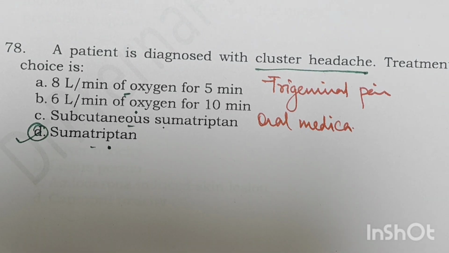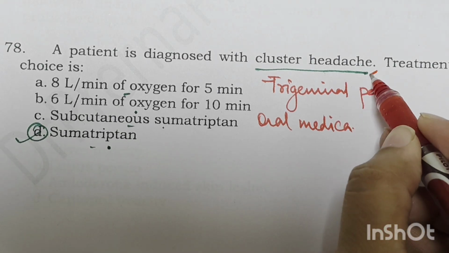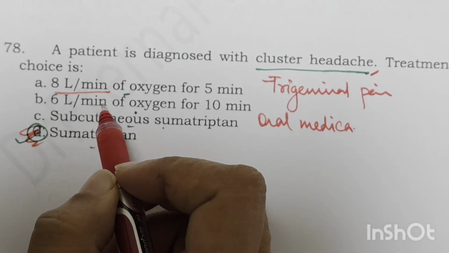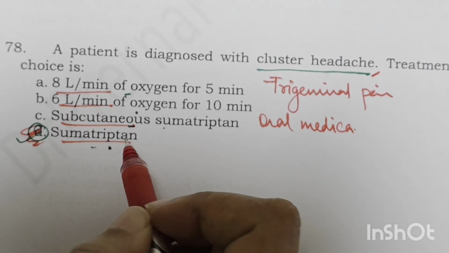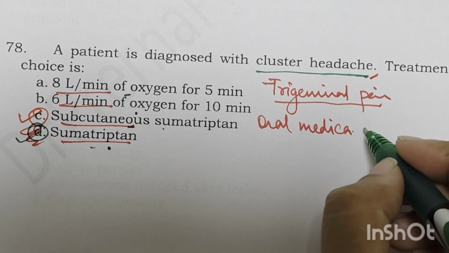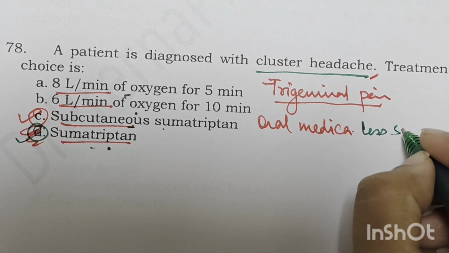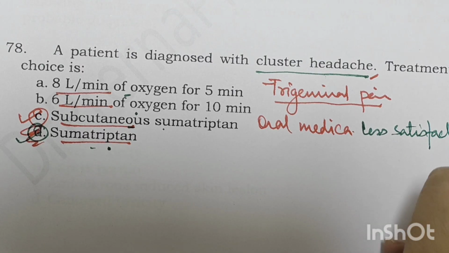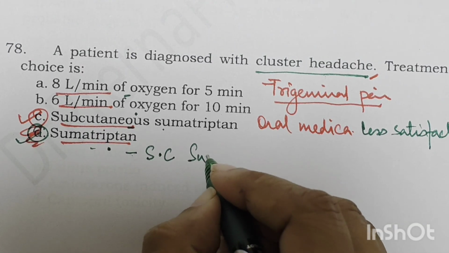The question is, a patient is diagnosed with cluster headache, treatment of choice is, will you give 8 liter of oxygen, 6 liter of oxygen, subcutaneous sumatriptan? Here you will give subcutaneous sumatriptan. It is a kind of trigeminal pain. Oral medications are found to be less satisfactory, and it is seen that if you give subcutaneous sumatriptan